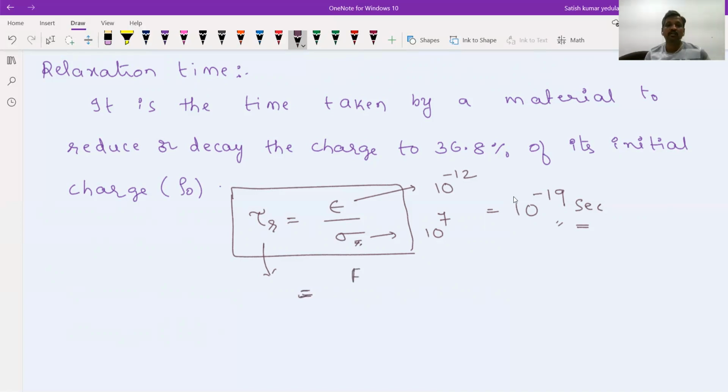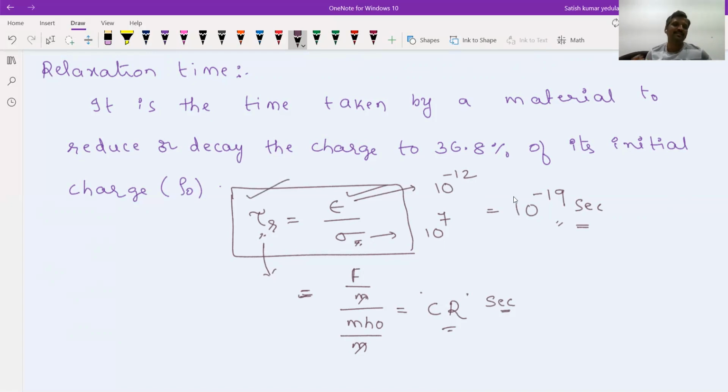Epsilon unit is farad per meter, and sigma is mho per meter. Meter gets cancelled. Farad is the unit of capacitance, I'll write C. Mho is nothing but 1 by resistance, that is R. And this is RC, which is the time constant. So time constant unit and relaxation time unit both are seconds. In this way, you can at least conclude that epsilon by sigma gives the units. In case you have a doubt that it is sigma by epsilon, check with the units. You will get 1 by RC, which means 1 by second. So tau r will not have the units of 1 by second.